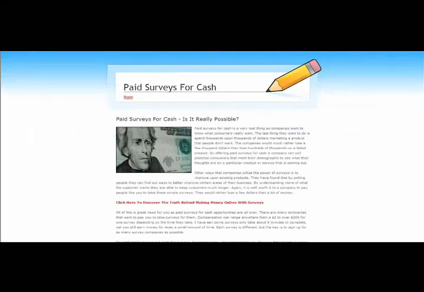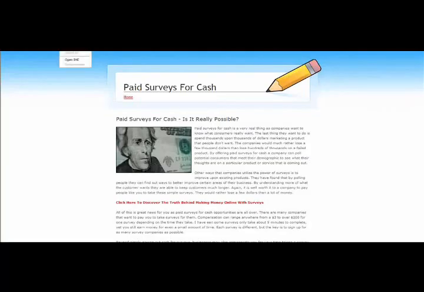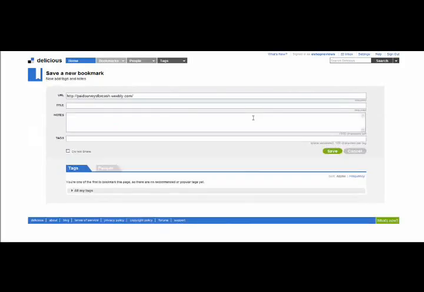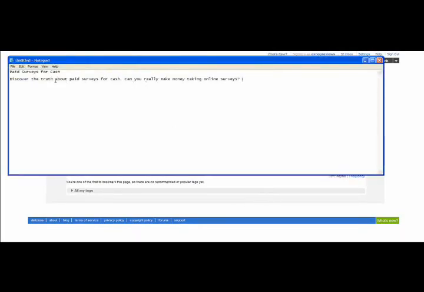So now where it says URL again, you copy and paste the URL of your Weebly website. So we're going to right-click that, copy it, right-click again, and paste. I'm pasting it into the bar where it says URL, and then I click on Next. Once I click on Next, where it says Title, I'm just going to open up my little notepad file and copy what I already have,